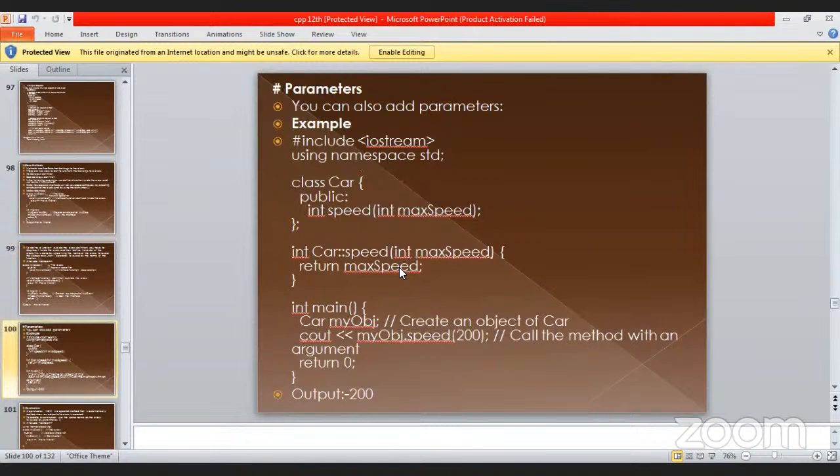Then parameters. How we can add the parameters. #include <string.h>, using namespace std; class Car { public: int speed; int maxSpeed; int Car::speed(int maxSpeed) { return maxSpeed; } }